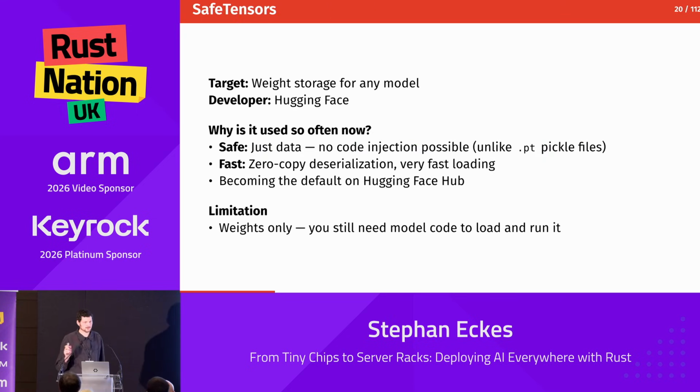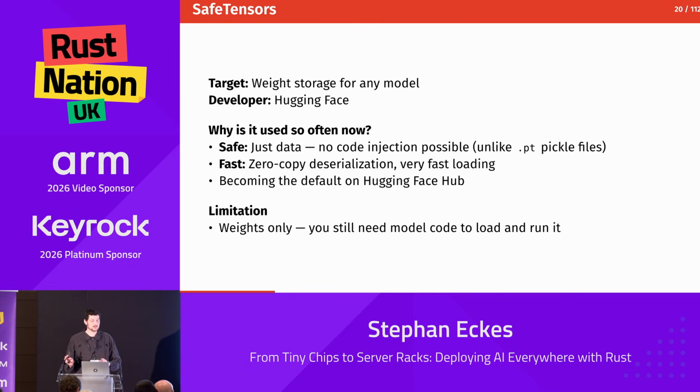And then safetensors are the last I want to talk about, because safetensors are used everywhere now. It's from Hugging Face and actually written in Rust, the model format, or the code with which you can generate those safetensors. And it's just data, so it doesn't contain the graph, it's just the weights. But the upside of this is there's also no code injection possible, because it's really just plain data. And you have zero-copy deserialization through the Rust framework, very fast.